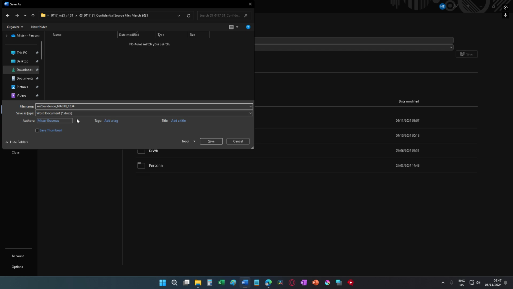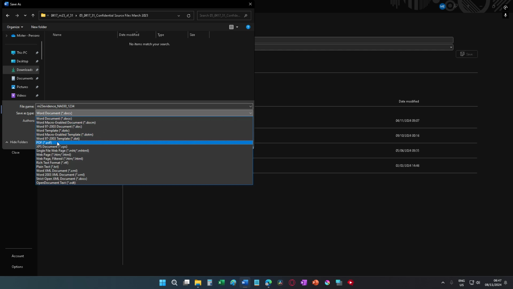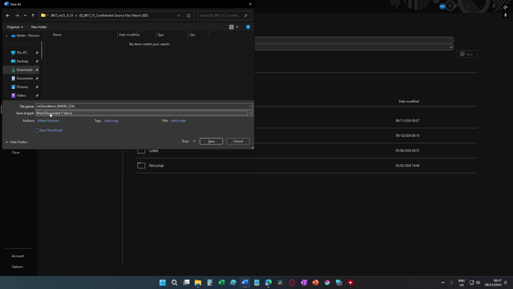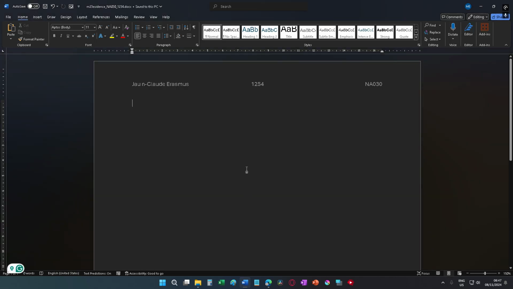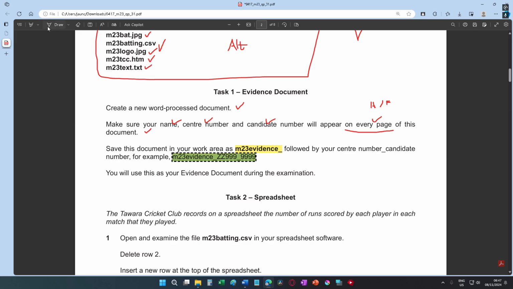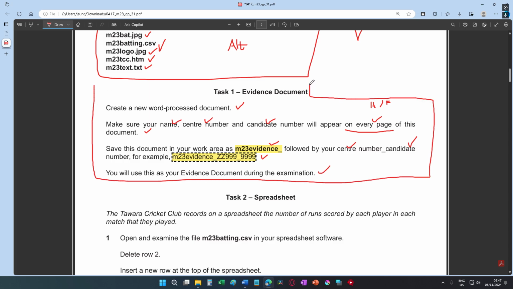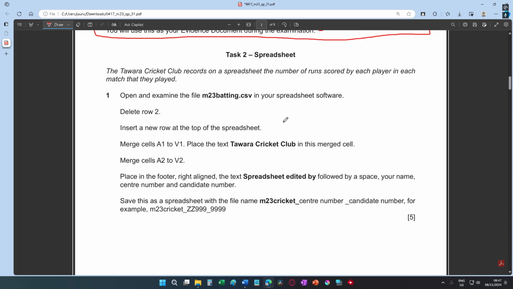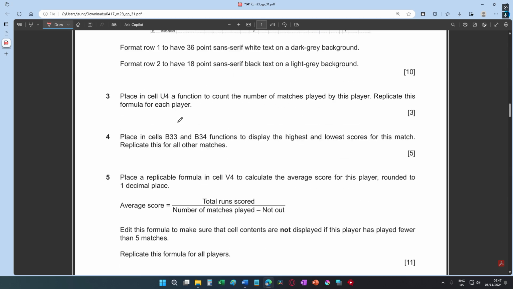it is saved as a Word document. Sometimes it's going to be on one of these options over here. You want to save it as a Word document. So I say save, and we are done with task 1. Okay, my center number, candidate number, and you will use this as your, okay, cool. So now we are done with task 1. Cool. So next, okay, so I'm going to help you until question 5,